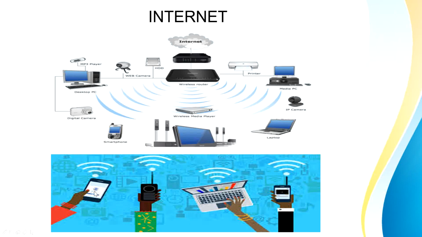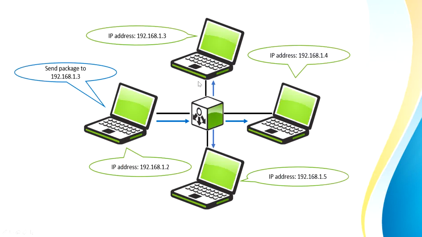Whenever you have a machine with you, maybe it is your laptop or your handheld device or any other wireless device, if you wish to connect it to the internet, you will have to do so across a wireless router. Now, whenever this wireless router connects your device to the internet, it will assign a unique number or an address to your device. That unique address is called your IP address.